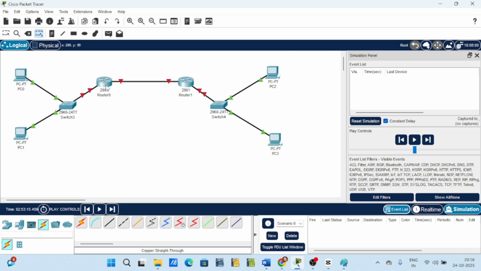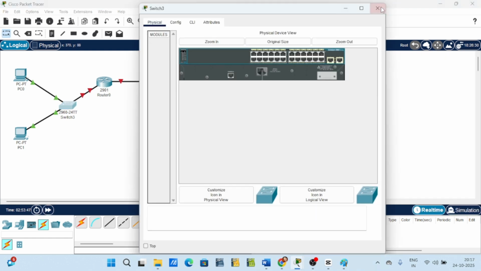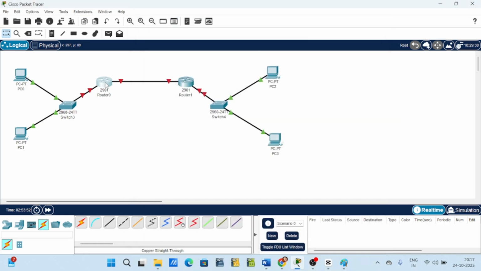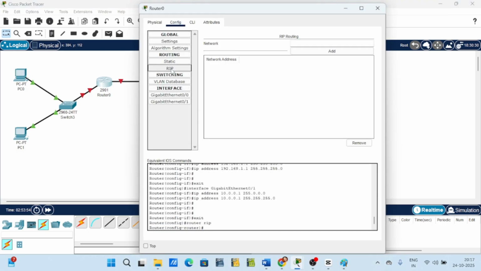The router 0, we will click on router 0, and in RIP we will add, in the case of router 0, 192.168.1.0. We will add this, and we will also add 10.0.0.0,